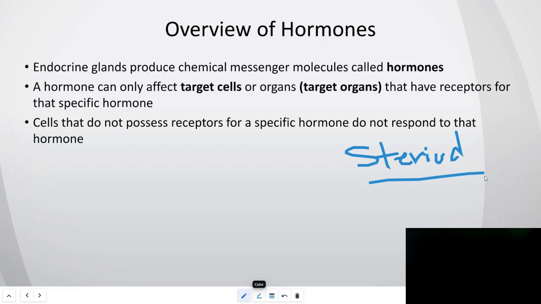Okay, you don't need to know all the names now. Just know that they're steroid. And whenever I say steroid, that means they bind onto the nuclear receptor. They go through the cell and they directly affect transcription, translation. Then the counterpart will be either amine-based or peptide-based. Okay, so the other group will be amine. These are the